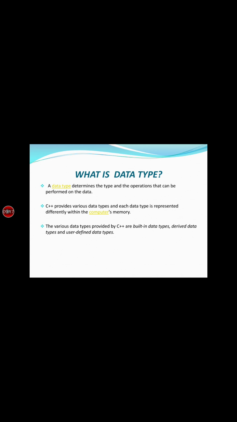Now, what is a data type? It is a type of data which is used in the program, or in other words, that is used to declare a variable. Or data types specify how we enter data in our programs and what type of data we enter. Example, int a, b. Int is a data type and a and b are variables in it.